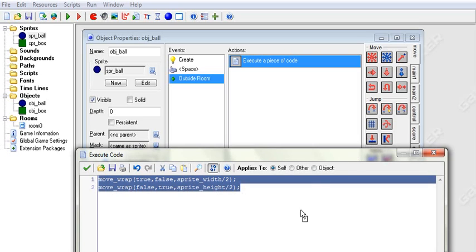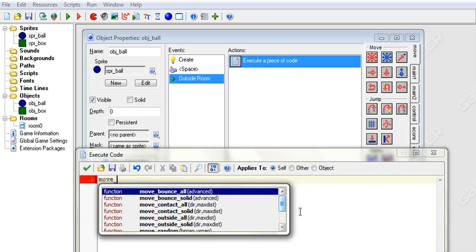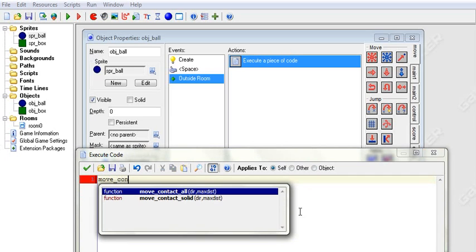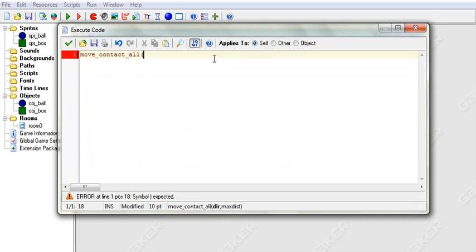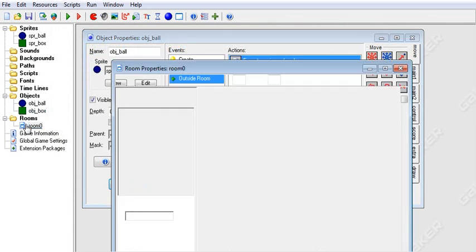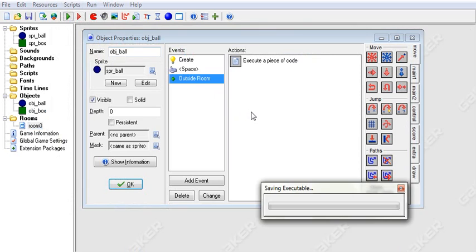Now we want to move to contact, and to do that, you say move contact all. And then let's move this up a bit. Our direction, we're gonna say 90 today to go up, and our max distance, we're gonna say -1. So he goes as far as he can. And we're just gonna put a few of those there, so that now when we run it,